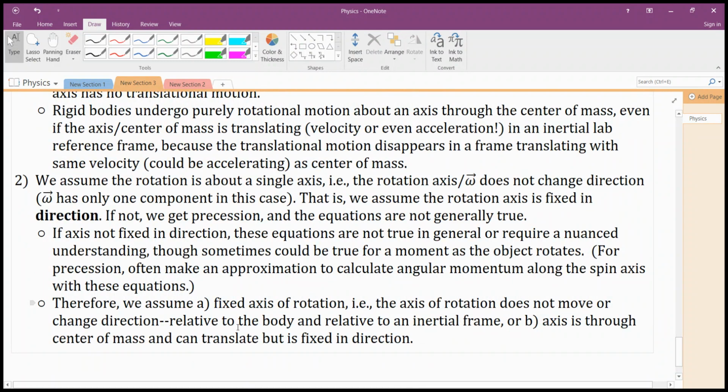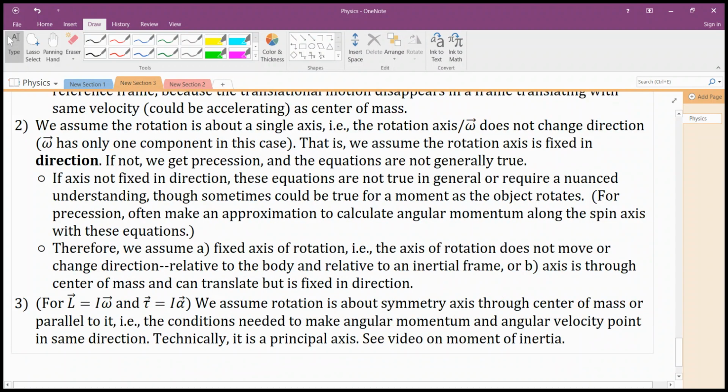Altogether then, so far, we are assuming a fixed axis of rotation, so an axis that does not move or change direction relative to an inertial frame. Or, if the axis is through the center of mass, then the axis can be translating with acceleration, but it must stay fixed in direction. Finally, for L equals I omega and torque equals I alpha, but not for their component forms, Lz equals I omega z and torque z equals I alpha z, but only for L equals I omega and torque equals I alpha, the full vector, not just a component of them,